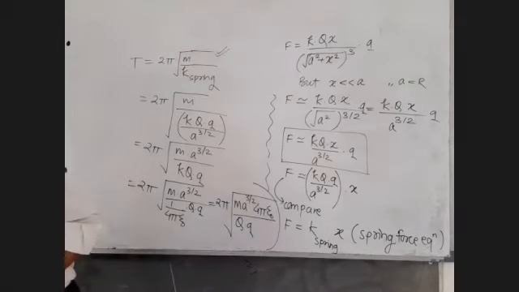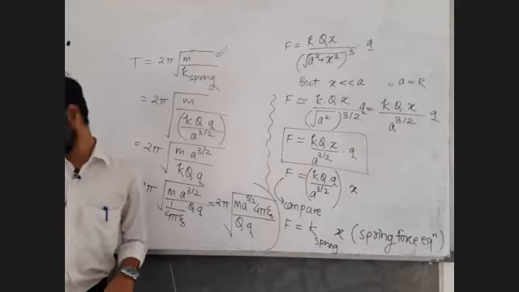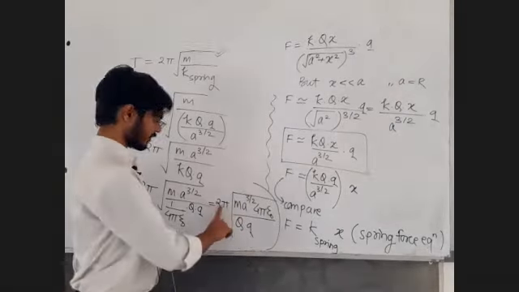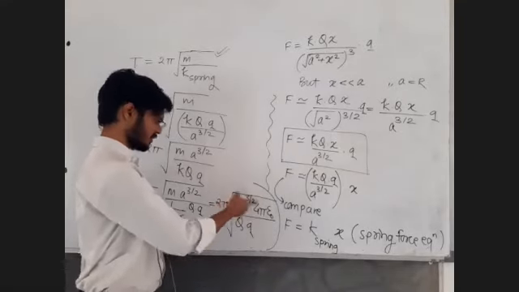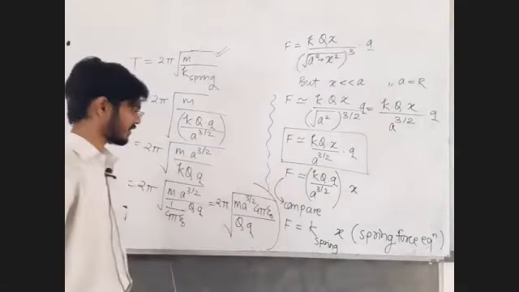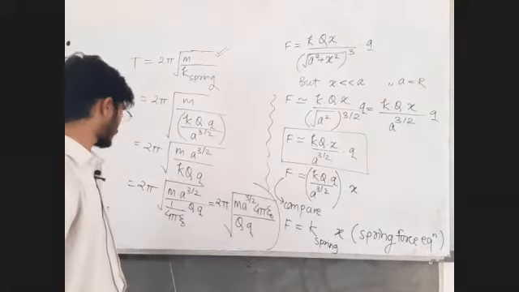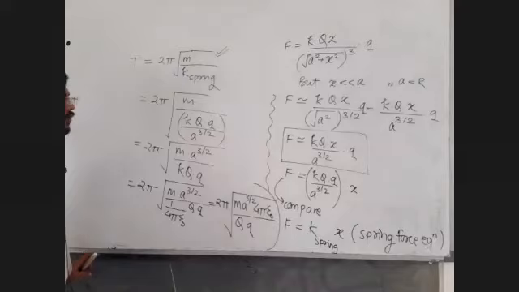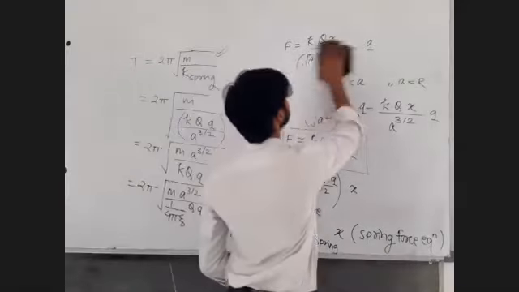Check the question, is it clear? Yes, their answer and our answer are the same. They have taken this 2 pi inside the square root, and ultimately the entire square root they have called as raised to 1/2. All those conversions, all those rearrangements we can do. Fine. Now let us move on to the next point.